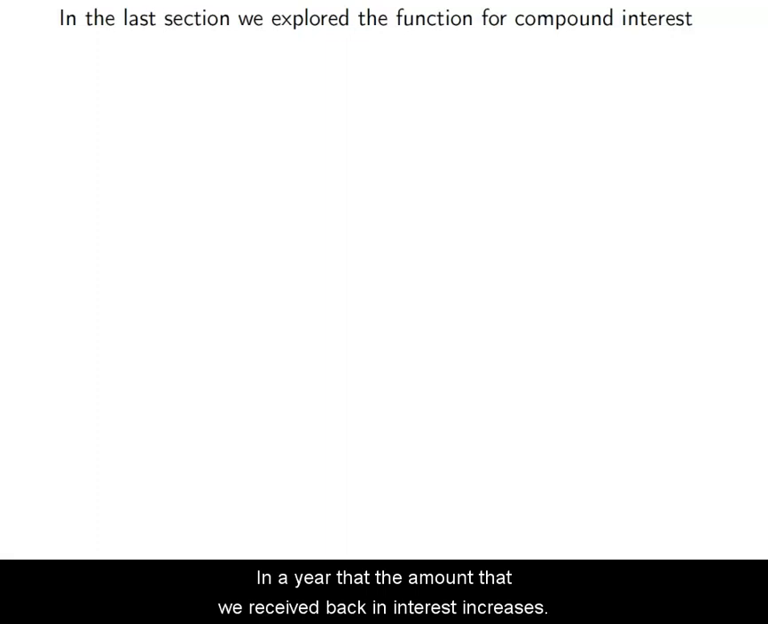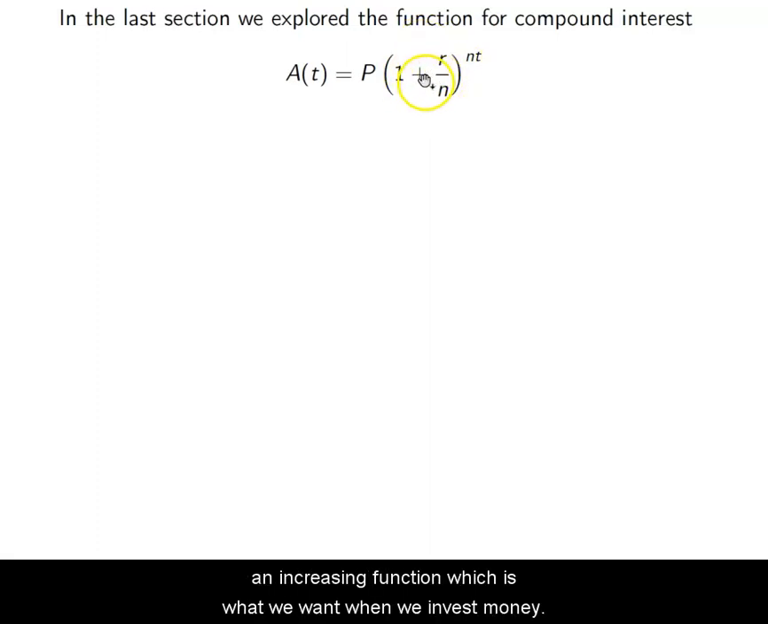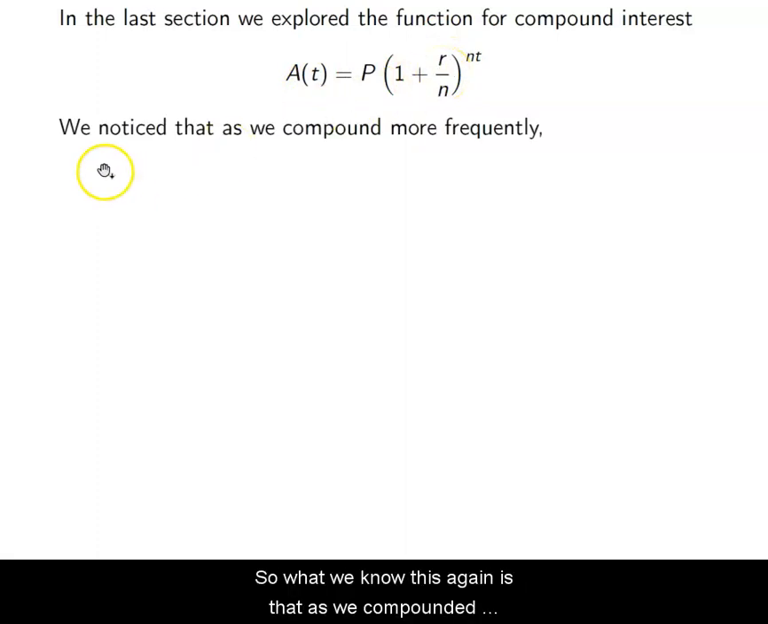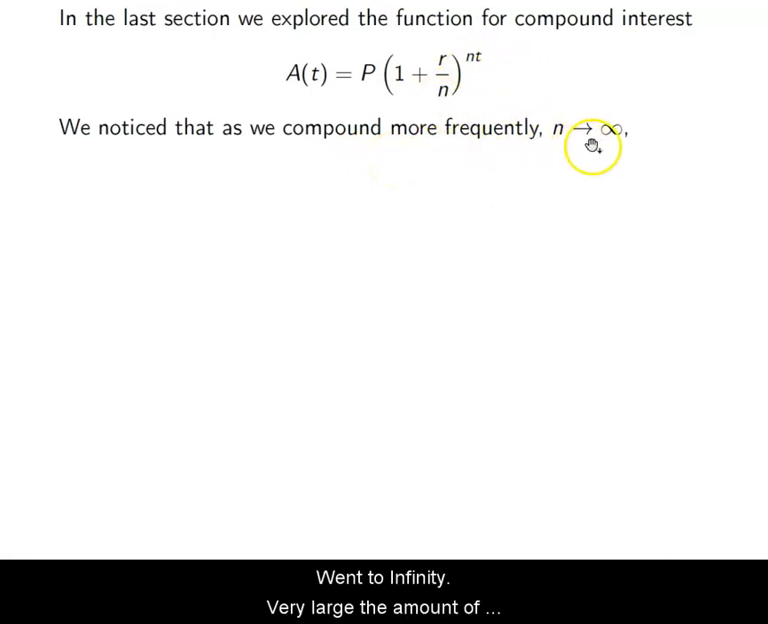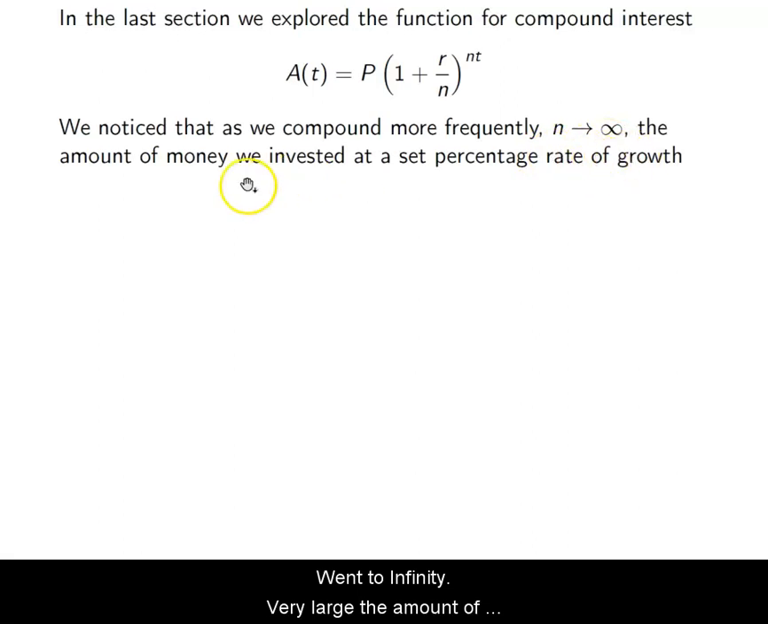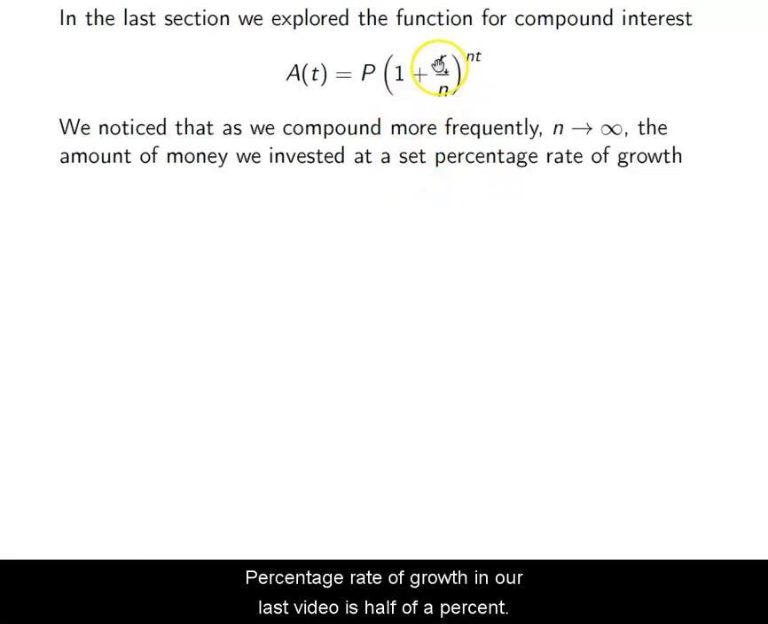the amount that we receive back in interest increases. This was the function that we were using: 1 plus some amount. Since this is larger than 1, it'll be an increasing function, which is what we want when we invest money. What we noticed again is that as we compounded more frequently, as our value n went to infinity, got very large, the amount of money that we invested at a set percentage rate of growth, in our last video 0.5%,